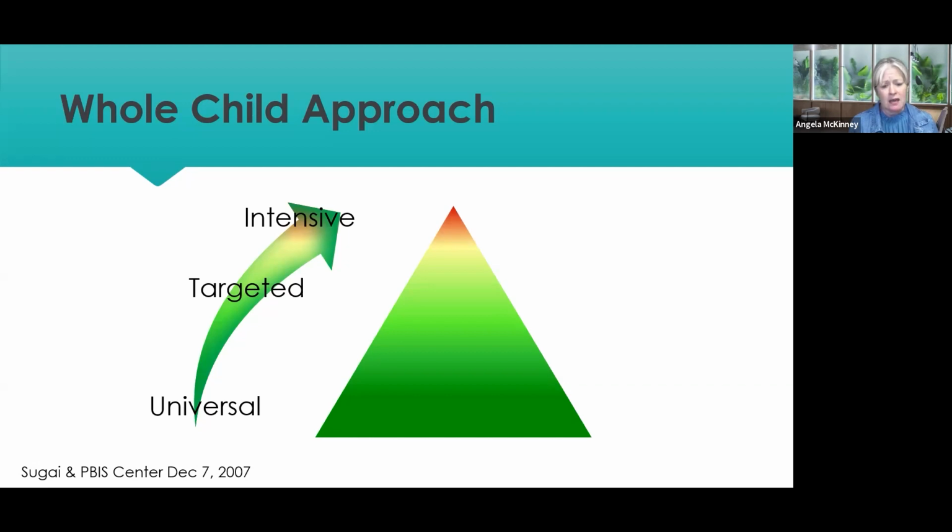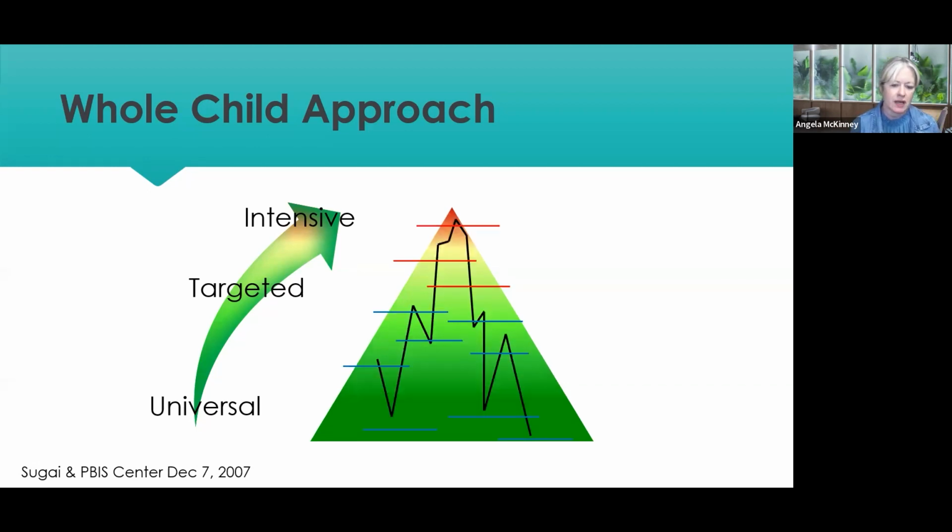It's important to think not only of what the student needs, but not thinking about where they are in the proverbial triangle, right? But what does that kid's individual triangle look like? So every kid does not get a spot on the triangle. If they are their own triangle, then what is a strength for me that I don't need any additional supports? Those green areas. What are the things that I need a little bit more support than one of my peers does? And are there things that are standing out as I need some intensive supports in order to be successful?